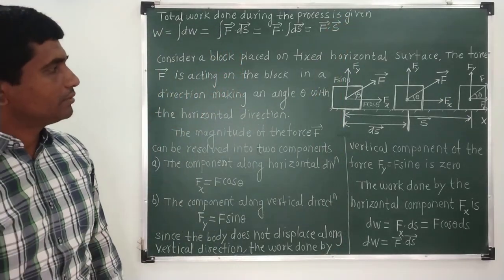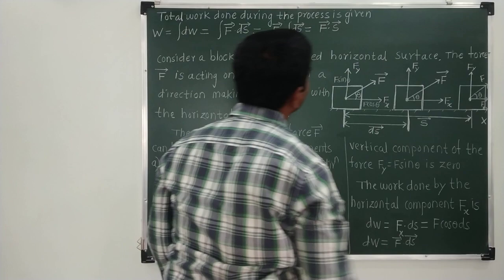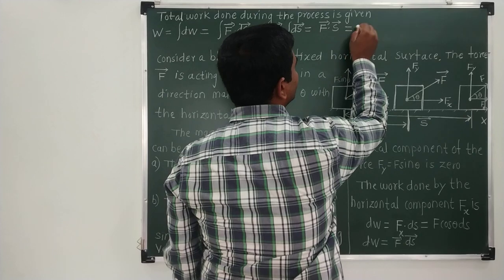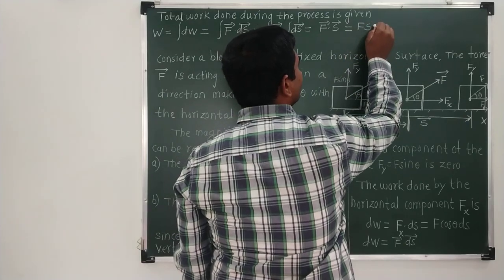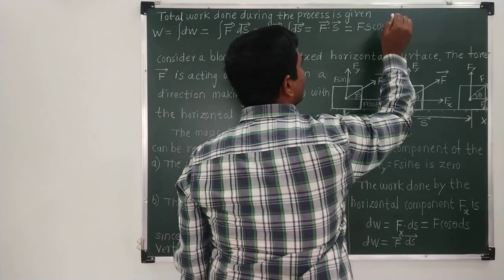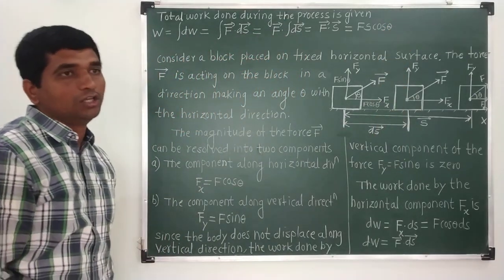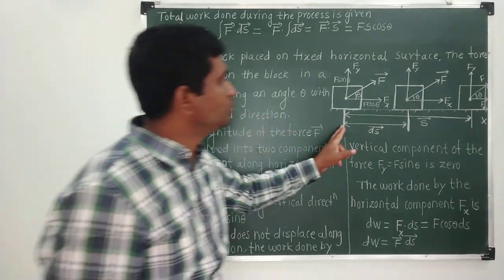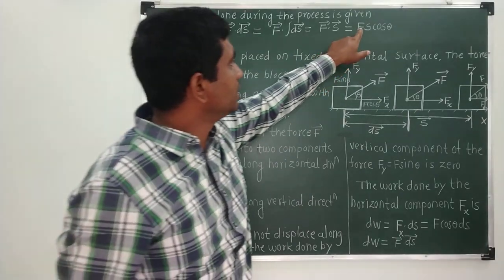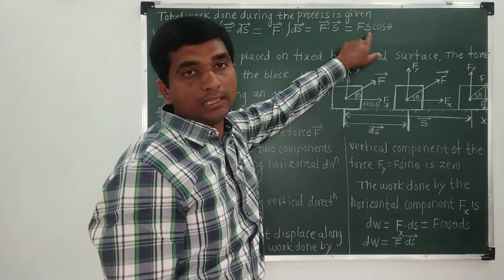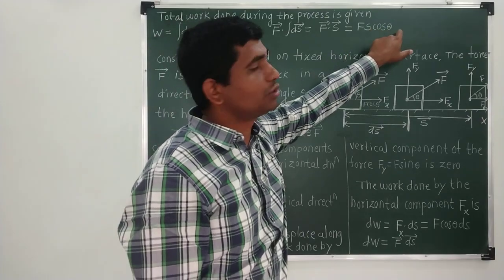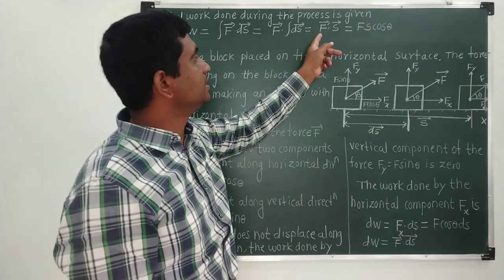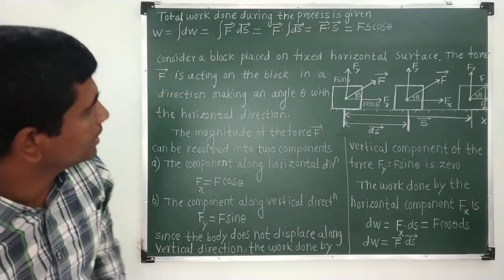Okay, if the force is in this direction and the displacement is in this direction, the angle between them is theta. So the dot product of these two vectors we can rewrite as F S cos theta. The total work done when the body moves from this position to this position is nothing but the magnitude of the force, times the displacement covered, times the cosine of the angle between them. It is the dot product of the two vectors, F bar and S bar, which we can rewrite here.